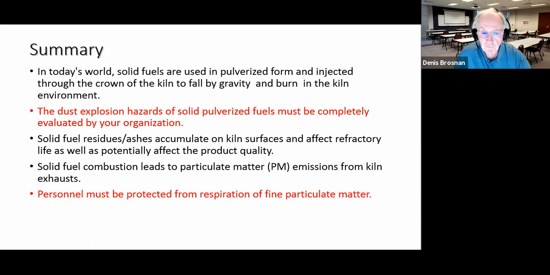We talked about solid fuel residues accumulating on the kiln surfaces and affecting the refractory life, as well as potentially the product quality. We've talked about solid fuel combustion leading to particulate matter emissions. And then we talked a lot about safety, and particularly personnel safety. I had another instance as a professor where I helped a